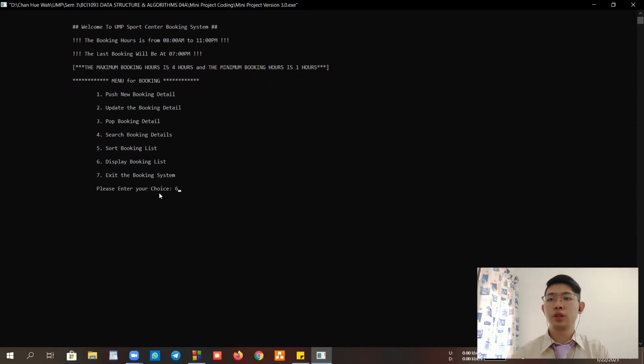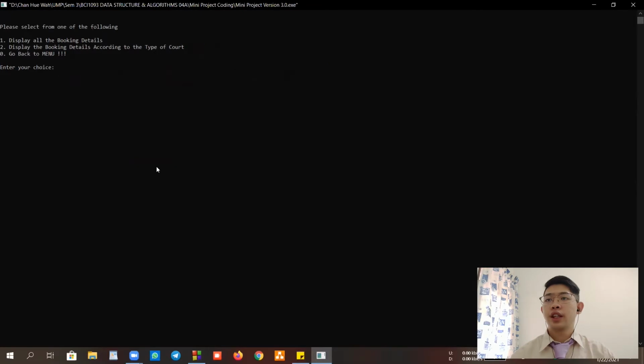Now I will input 6 to enter the display function, and inside the second page I can display the booking details. I can display all the booking details, or I can also display the booking details according to the type of code.